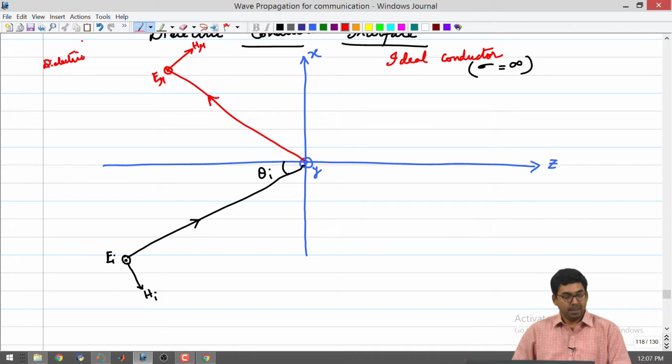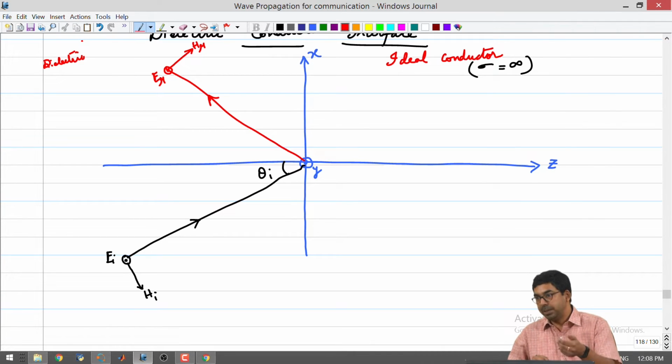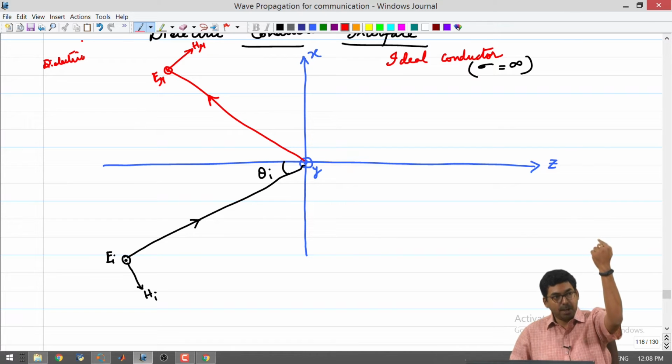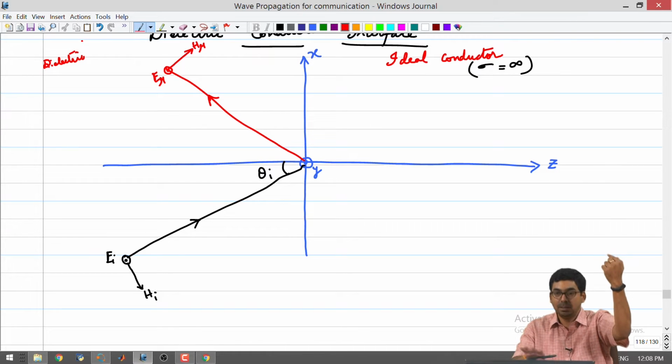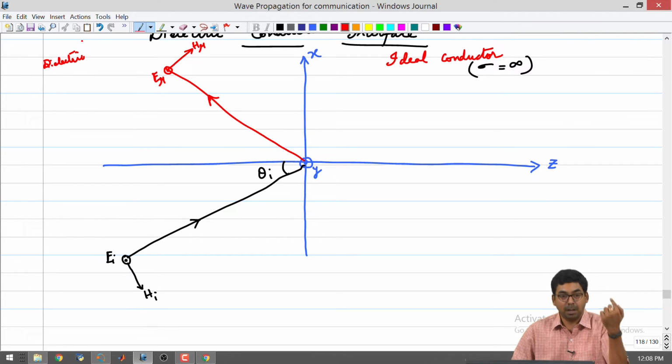Right. This is how it would look. Now, what this means is, suppose I were to calculate the reflection coefficient, assuming that the direction of the reflected electric field is still pointing outwards, and I get a negative value. It will mean that the direction I have assumed is opposite to the direction as dictated by the physics, the boundary conditions. So, what I can do is look at whether the reflection coefficient is positive or negative.